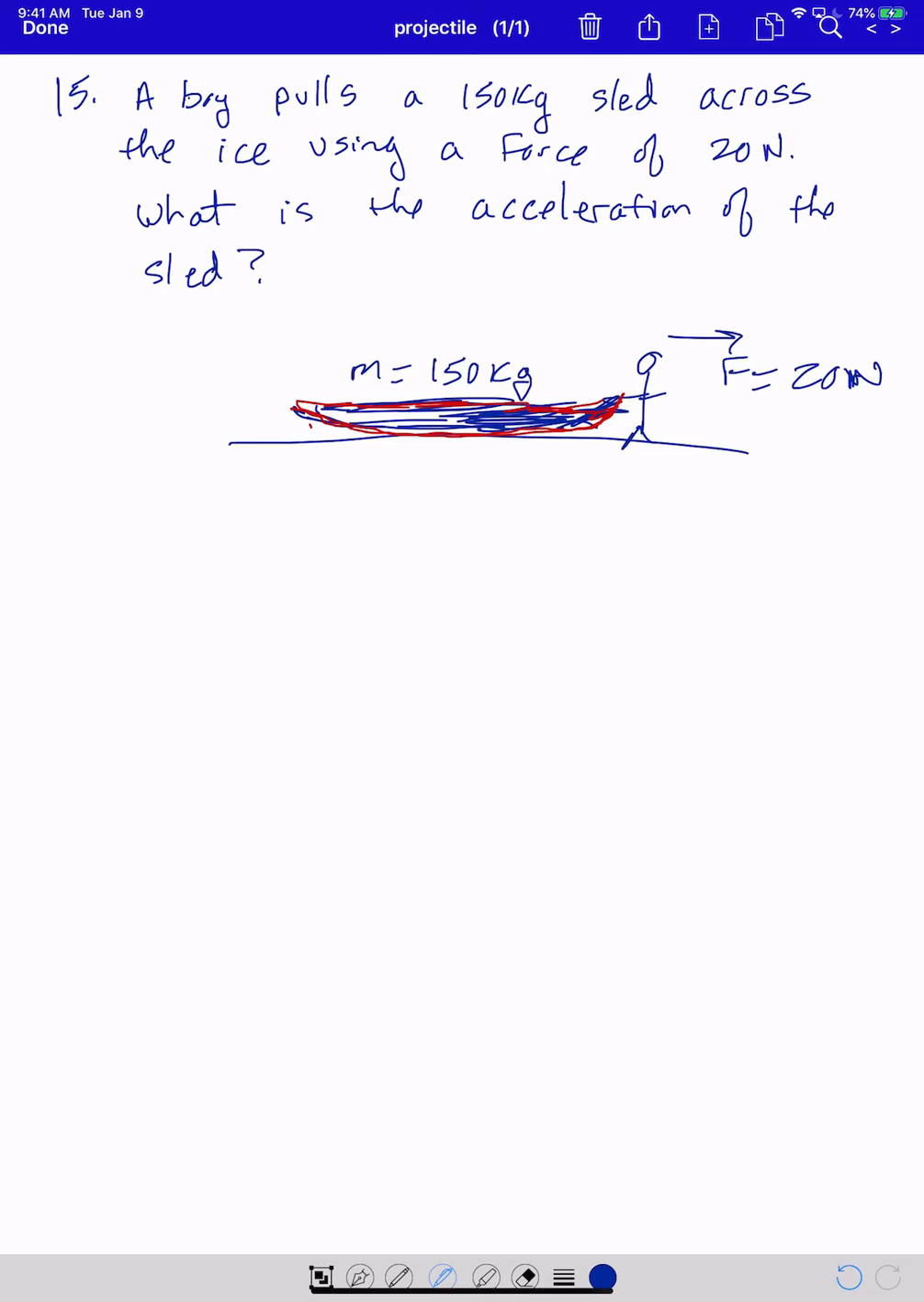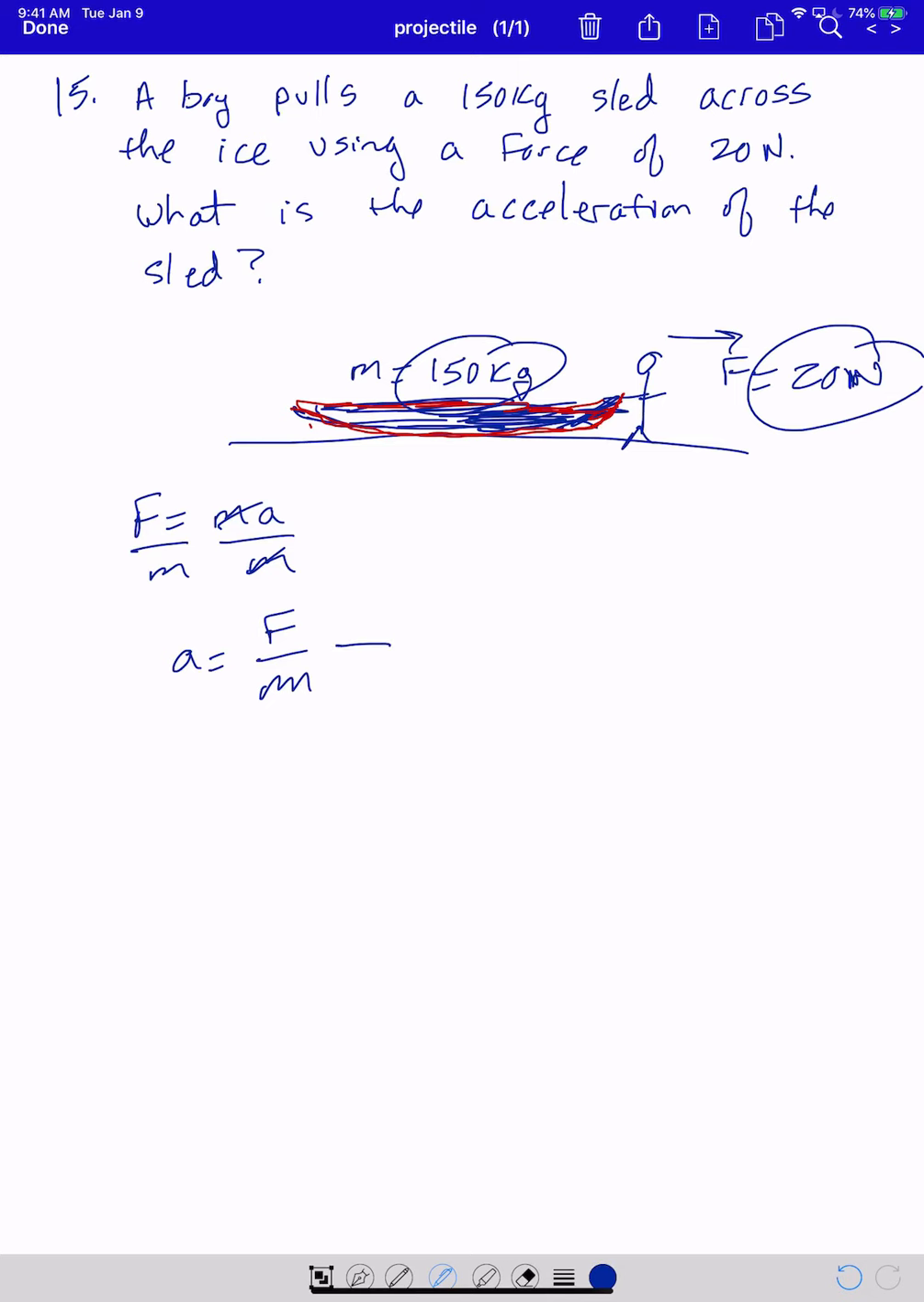Remember, according to Newton's second law, force is simply mass times acceleration. So we're looking for the acceleration of the sled, which means we need to rearrange this equation. We're going to divide both sides by m to get rid of m, which means acceleration equals force over mass. Well, remember, force is 20 newtons, mass is 150 kilograms, so acceleration equals 20 newtons divided by 150 kilograms,